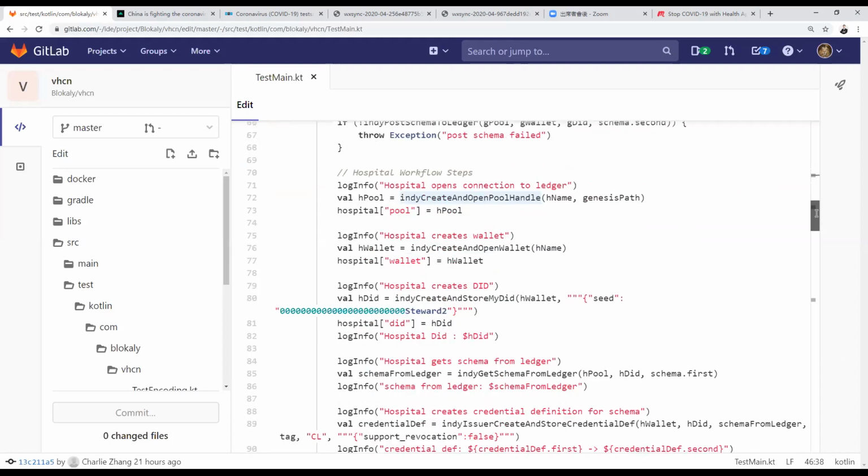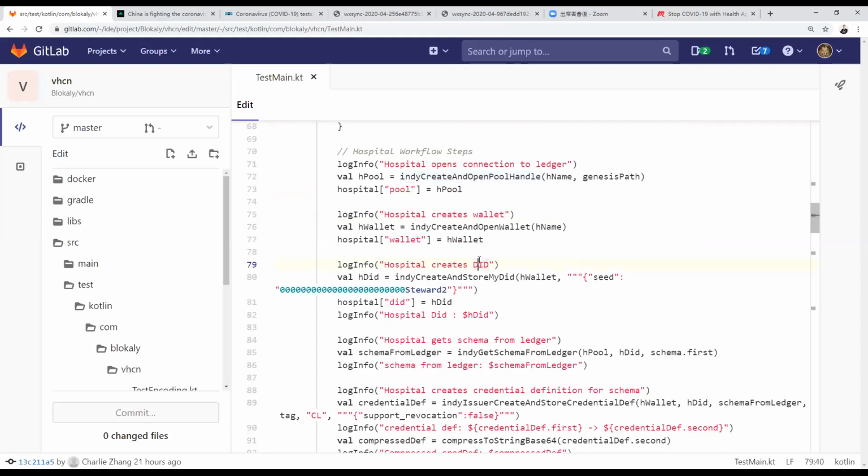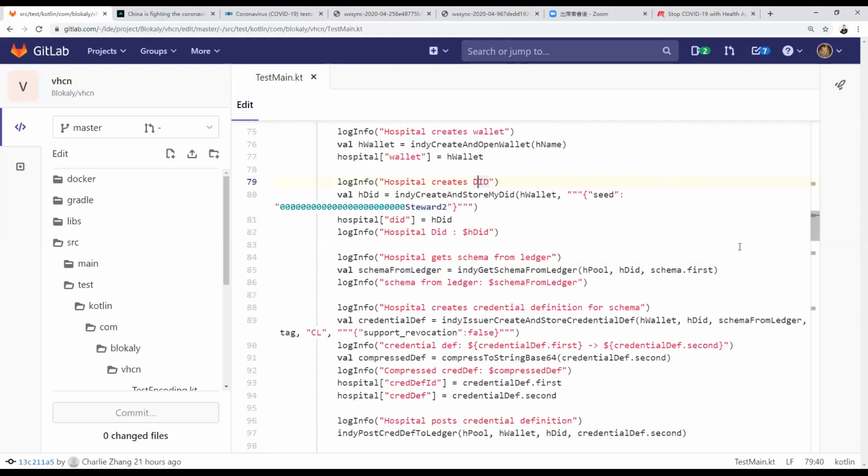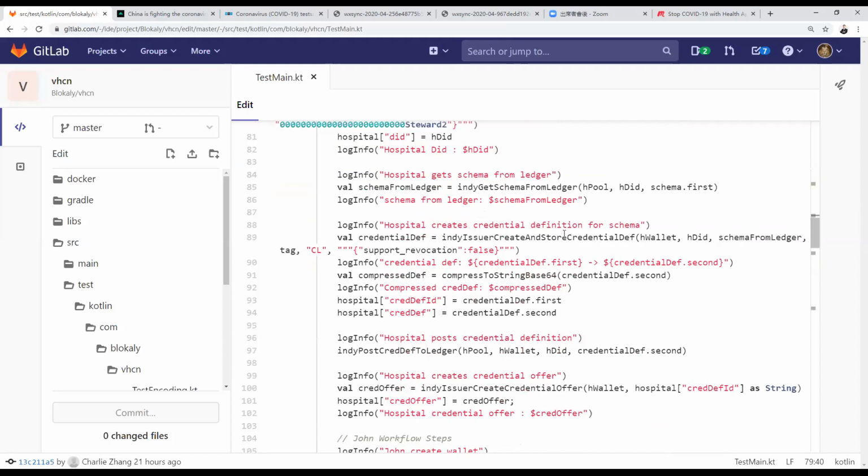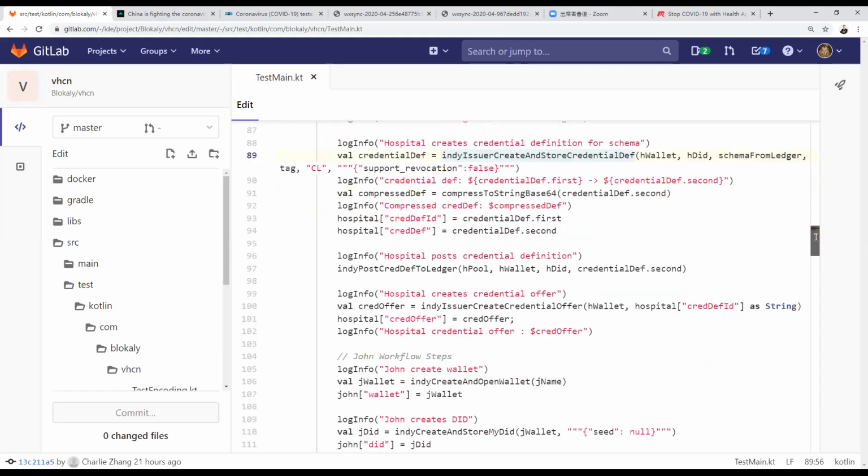Then comes the next step. So we have one hospital. The hospital created the wallet and then created the ID. Then the important thing is to create the definition. So the Indy call, this is an SDK. By the way, on the Indy GitHub repo, you can download the different SDKs for JavaScript, Java, and Python as well. I'm using Kotlin code, which uses the Java SDK. In that one, the Indy issuer can create and store the credential definition, and then publish that definition onto the